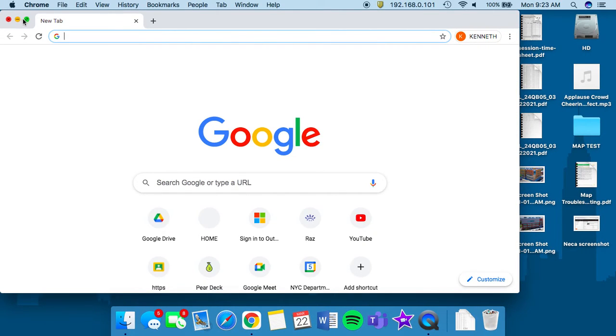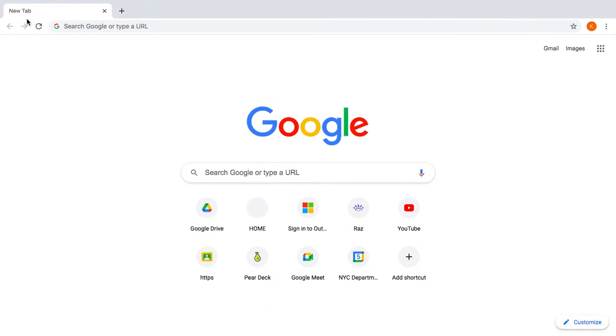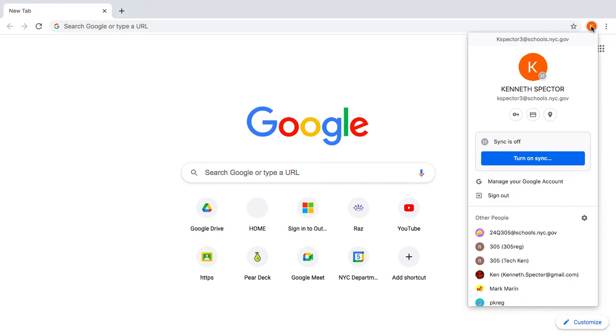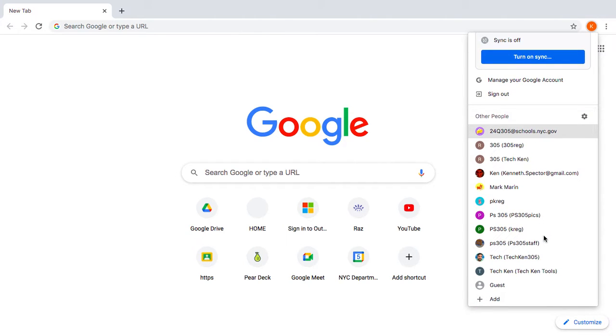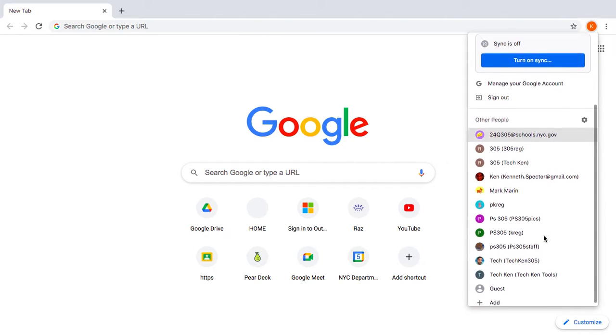Next, I'll make it big here. At the top on Google Chrome, you'll see a circle that either has a picture or a letter. You click that, and it will show you all the accounts that you have here. I have a lot of accounts, as you can see.